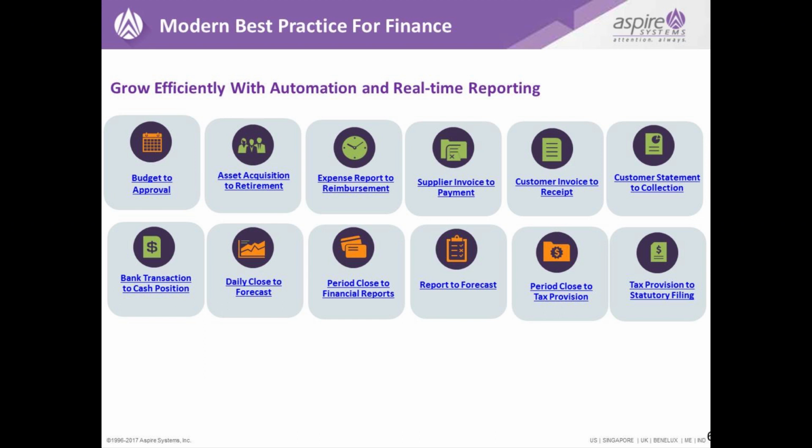Another business process is period close to financial reports. Report to forecast. This helps in generating the forecasted report. Period close to tax position. This helps in generating the tax amount after all the expenses. Tax provision to statutory filing. This helps to save a sum of amount that is to be paid as tax. These are some examples of Oracle Fusion's business processes which help Sage or QuickBooks users to migrate from their ERP